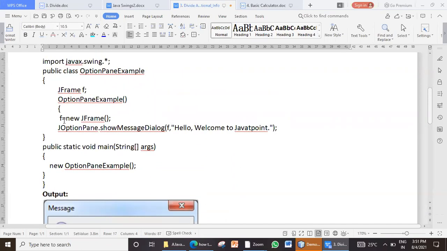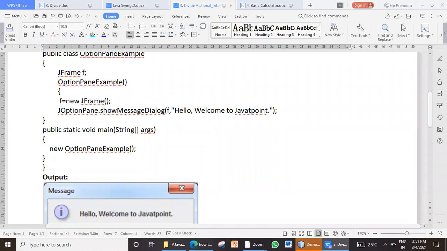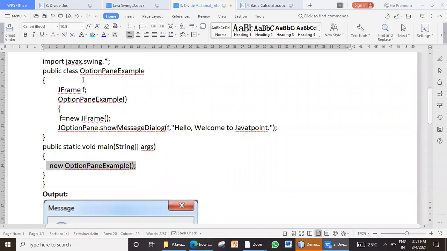Since it is a frame, that means it's an application, not an applet. So we have a main method. Inside the main method, I'm just trying to create an object of that class, that is OptionPaneExample. I'm not naming it, I'm just creating the object.